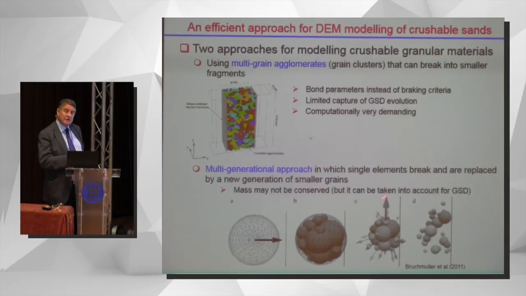There are two major ways of doing that. The first one is the use of multigrain agglomerates, which are formed by different grains, spheres that may break. This has some quite severe disadvantages. First, in terms of computational cost, it's really expensive, but also limited capture of the grain size distribution evolution. The alternative is using the multi-generational approach, in which single elements break and are replaced by a new generation of smaller grains. The disadvantage is the mass may not be conserved, but we will see that eventually this is not as bad